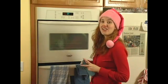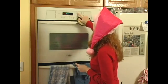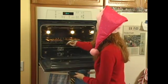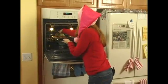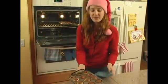It looks like our tiny tarts are almost ready to come out of the oven. We're going to check and see how well they've cooked. Well, these look like they're about done. As you can see, the filling did puff up quite a bit. So we want to take these out and place them on a cooling rack,